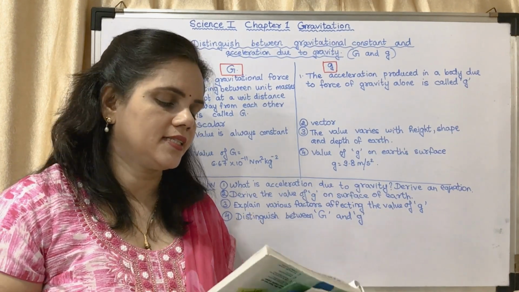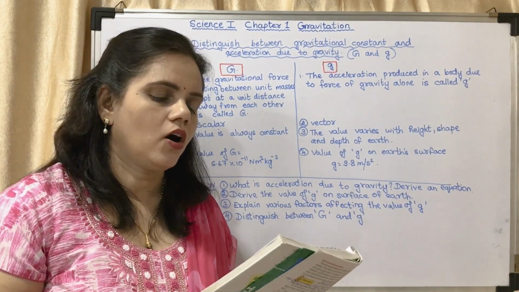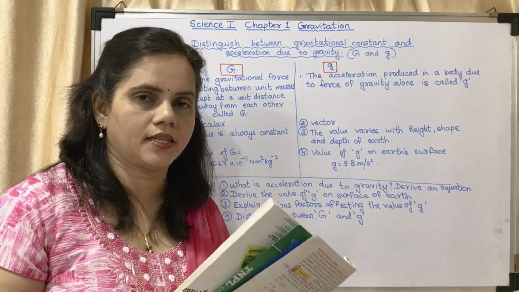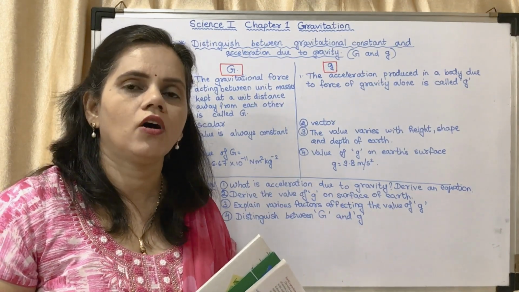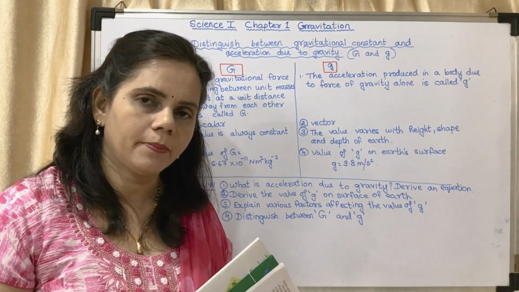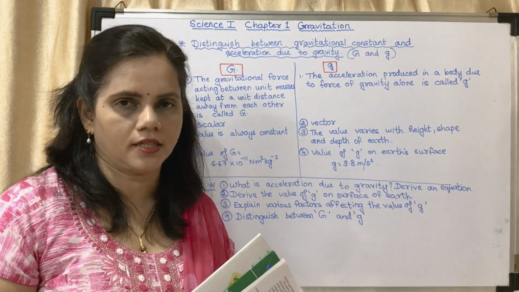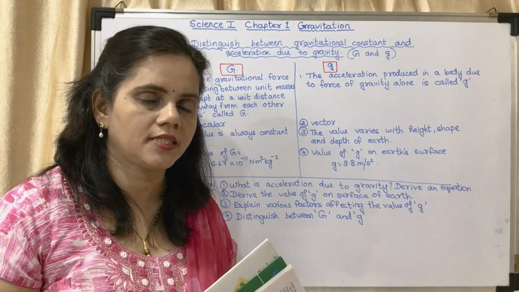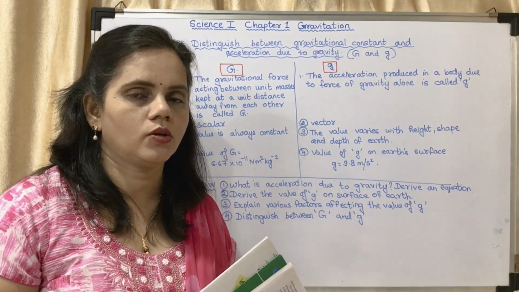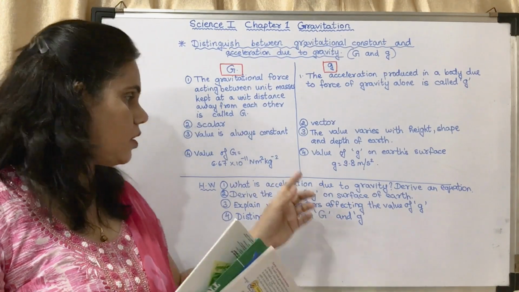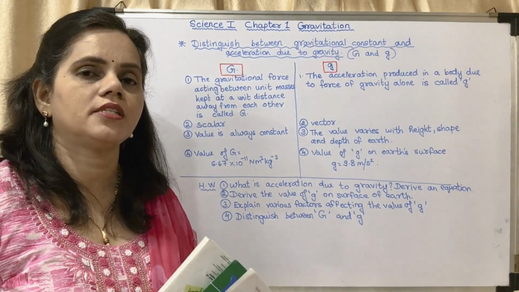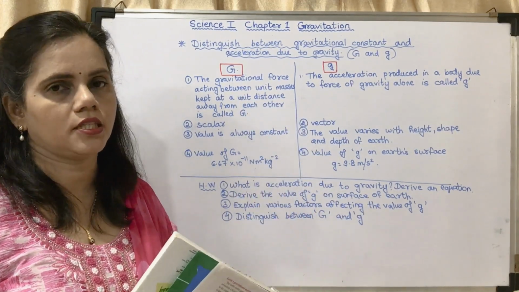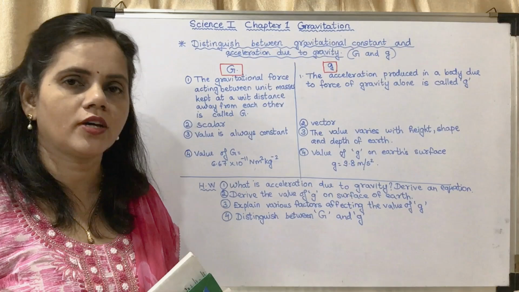Okay. Now below that there is a paragraph, in that it says on the moon it is about 1/6 the value of that on the Earth. That means the value of g on the moon is 1/6 of that of the Earth. Understood? The value of g on the moon is 1/6 of that of the Earth. Okay, hope you have understood all the points, all these questions. You may write the answers for all these questions. I have written the answers on the board. You may copy and write. Okay, thank you.